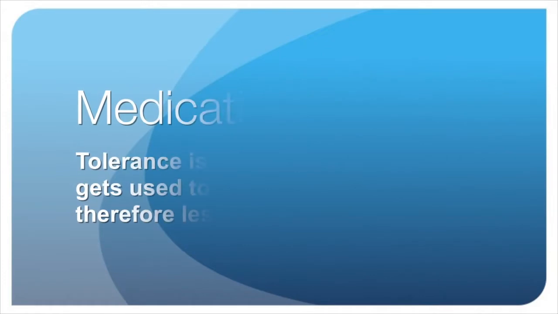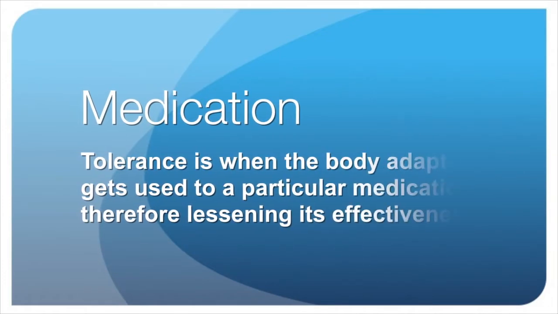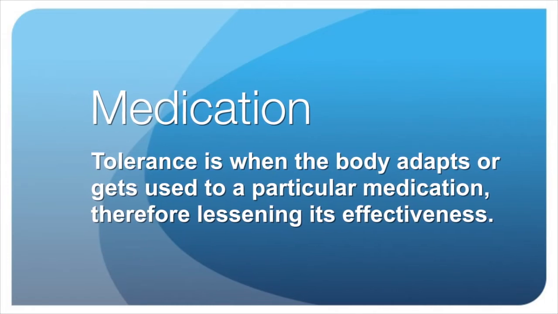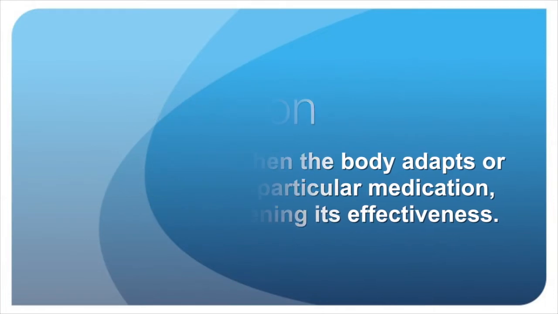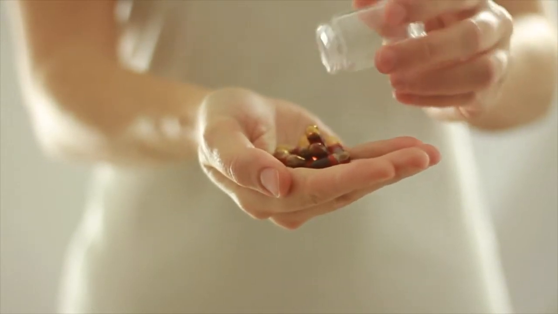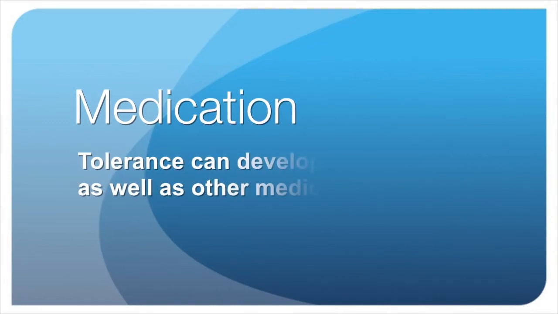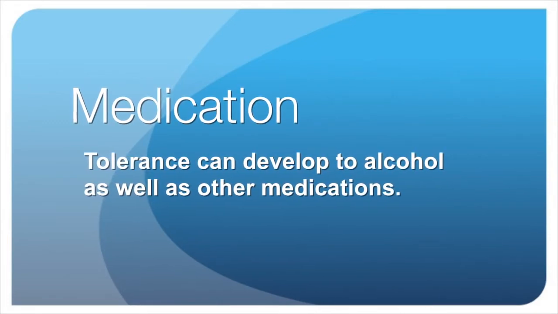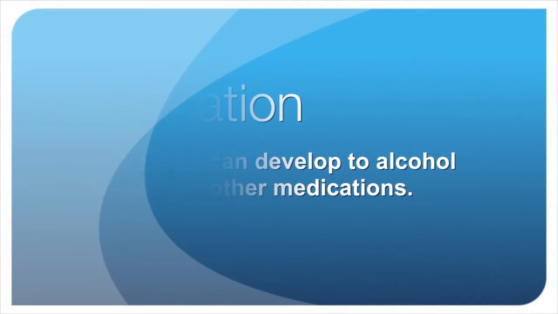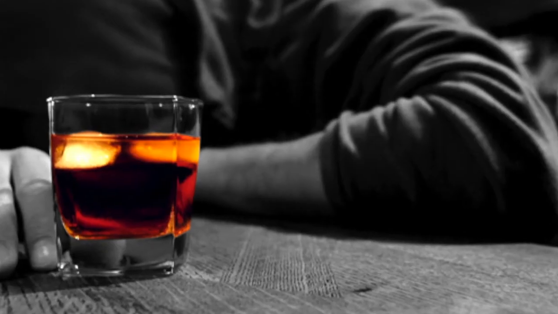With medication, tolerance is when your body starts getting used to having that medication around, so that the effects that you see when you first start taking that medication lessens over time. When we're talking about pain medications, it means that over time you may see less pain reduction on the same dose of pain medication. Why does this happen? Well, it still confuses scientists as to exactly why tolerance occurs. However, it is something that we see in common with pretty much all of the pain medications. Tolerance can happen to other drugs as well, like alcohol.